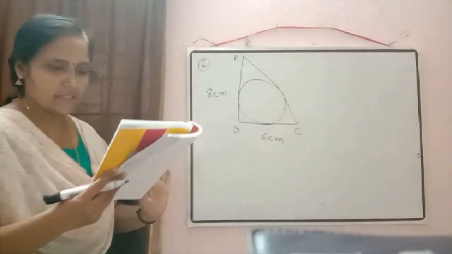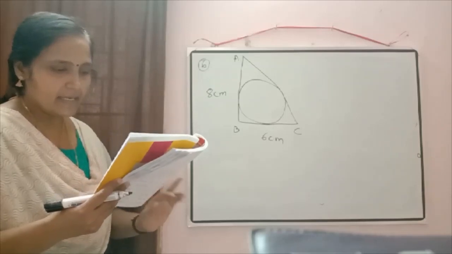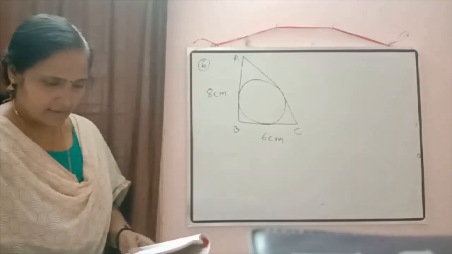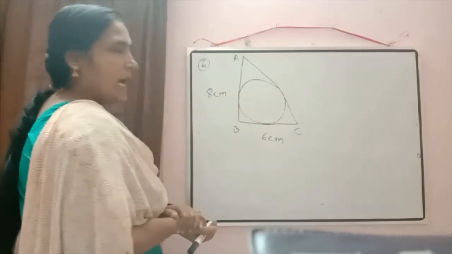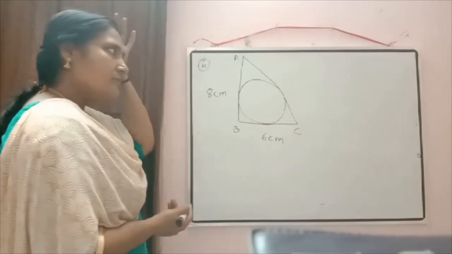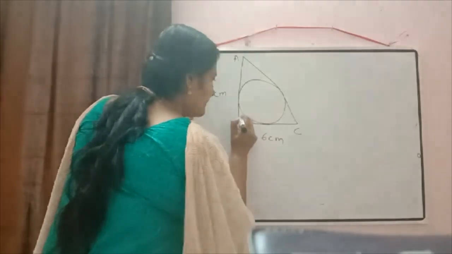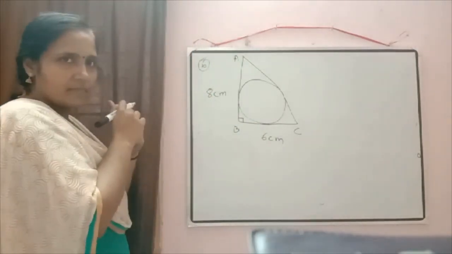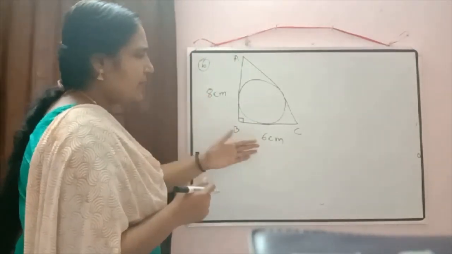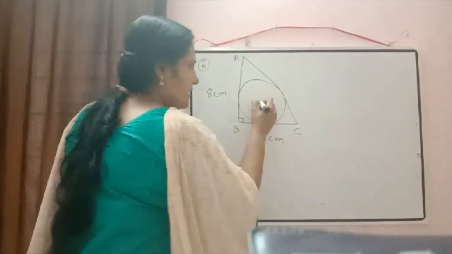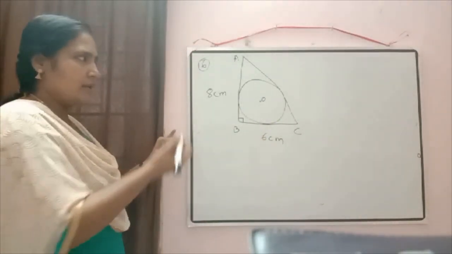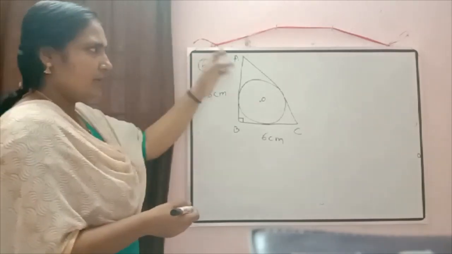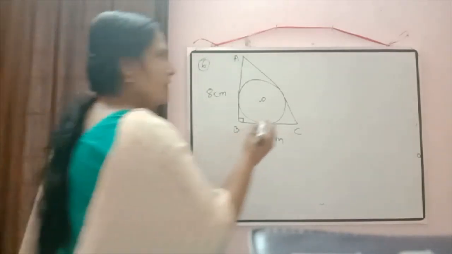Rest all the information not given. Find the radius of its incircle. Incircle means circle is outside there. We have to find the radius. Okay. So just check, it is a right triangle there. So if AB and BC is given, we can calculate what will be AC there by Pythagoras theorem. So first what we are going to do is, we are going to find out the hypotenuse.